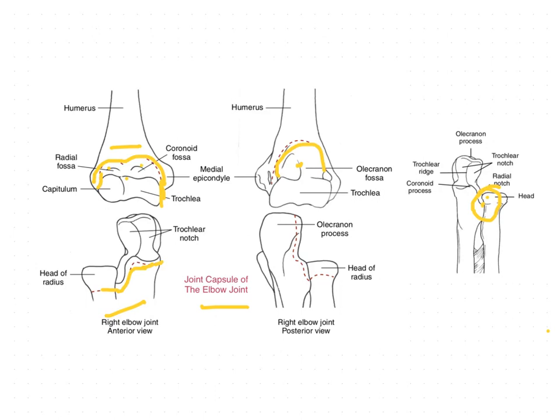It also has a triangular synovial fold inserted between the proximal radius and ulna, and this divides the elbow joint partly into two joints. Okay. And some of the investigators,